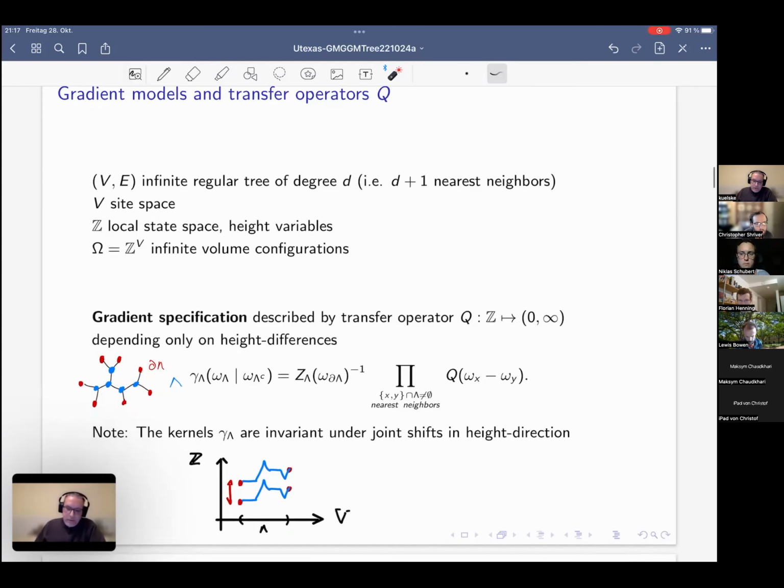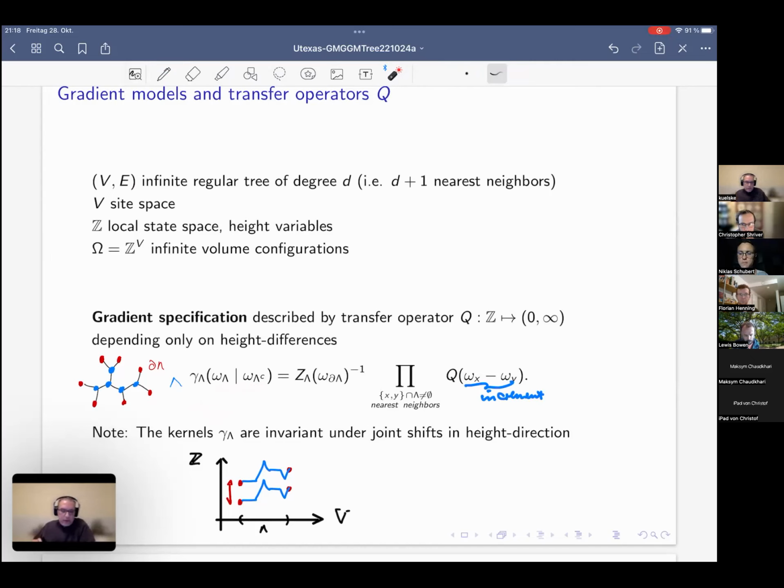And so before we had a specification on a tree, which was given by this matrix Q of omega x, omega y. Let's now suppose that the Q of omega x, omega y is actually a function, and also a symmetric function. So it depends only on the modulus of omega x minus omega y, which is, of course, an integer, and this is the increment. So this you call the increment, of course, along an edge. And if this is the case, you call this a gradient specification.